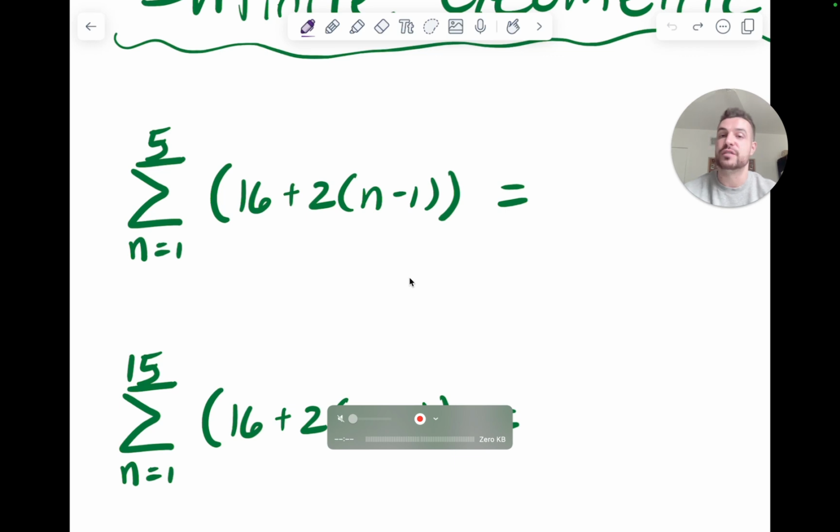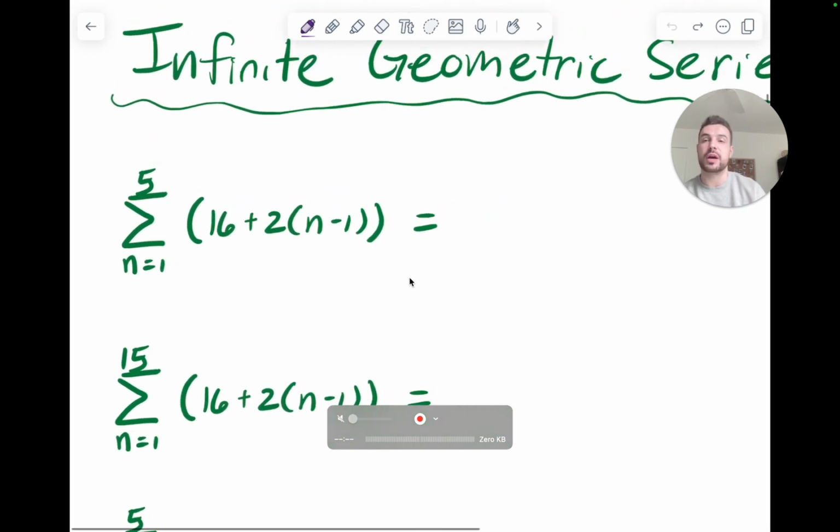So we're going to start by exploring the sum of the first 5 terms of a sequence described by the explicit formula 16 plus 2 times n minus 1. So hopefully we realize that this is an arithmetic sequence because we are adding 2 every time. And if I were to type that into a calculator, we would get a sum, or a value, of